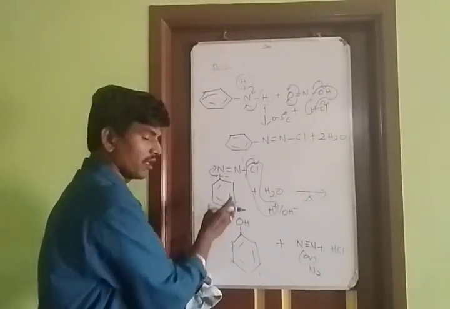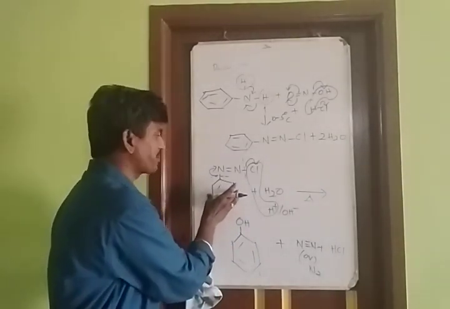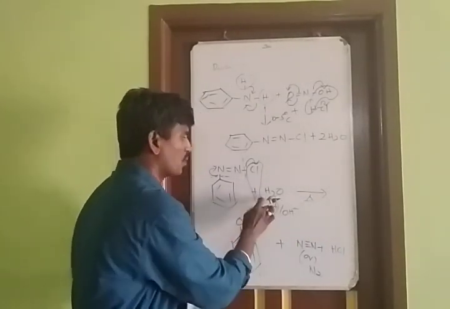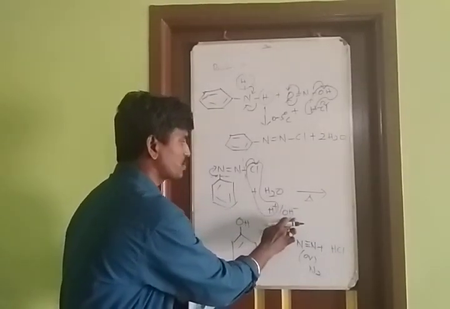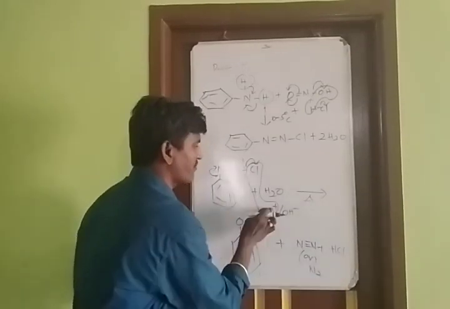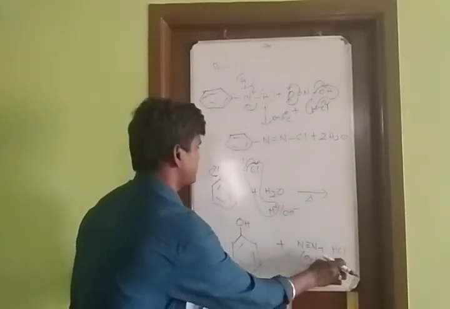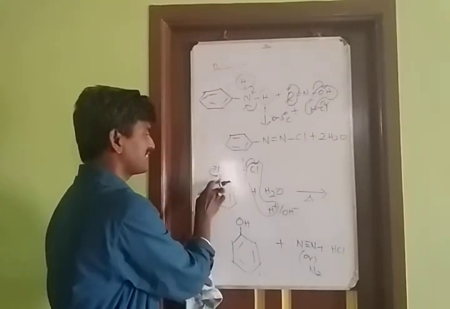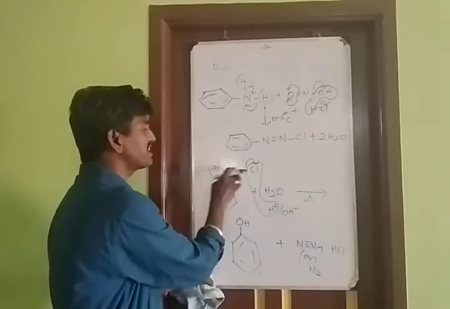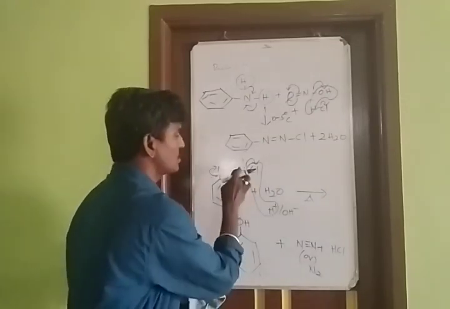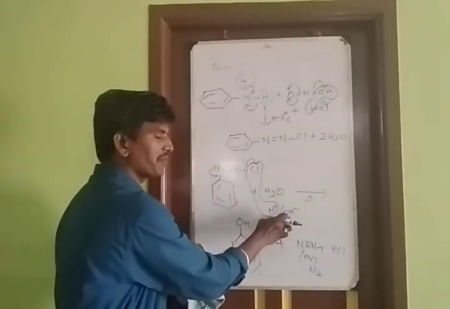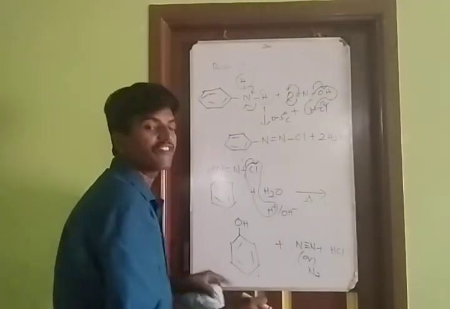This is the second method. How will you prepare? First of all, we take benzene diazonium chloride. Then we add water, then apply heat. Water we can write as H plus and OH minus. This H plus combines with Cl minus and becomes HCl, a bond formation between H and Cl minus. Here nitrogen plus. Here compare carbon and nitrogen. Nitrogen electronegativity is greater than carbon. So here N minus, N plus, a plus-minus bond forms, so the double bond becomes a triple bond. What's the charge of carbon? C plus. OH minus joins, so a bond forms. You can get phenol.